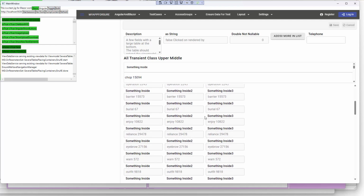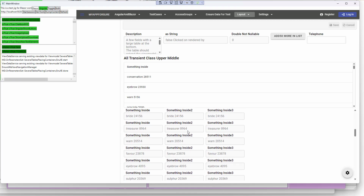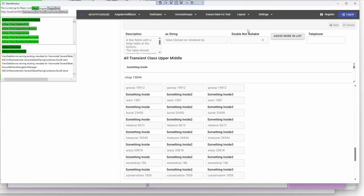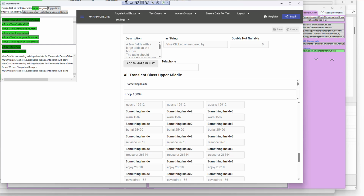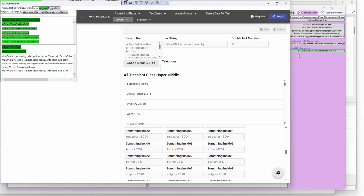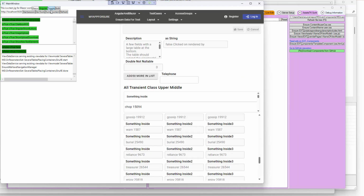But here is a list view, and that seems to work equally good in Blazor and Angular. And these are probably wrapping, so if I go like this, they should fold, and they do in Blazor, and they also do that in Angular, and that's exactly the same. So it's very little change here except this grid. Okay,